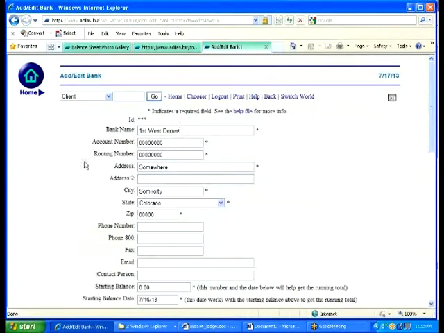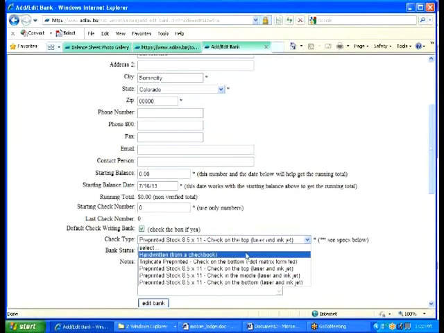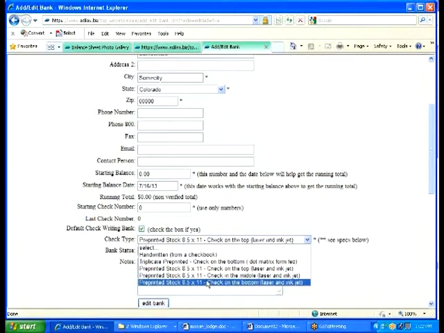Pretend that that's the bank name. You could technically add any of your other pieces of information. The important piece that I wanted to show you right now is this guy right here, check type. Now, you could do handwritten, triplicate, check on top, check in the middle, check on the bottom. This is when you actually order your supplies from,